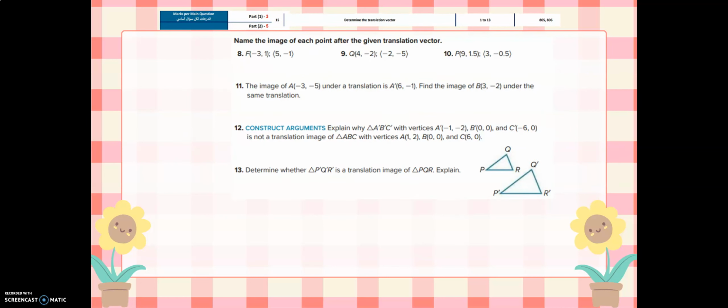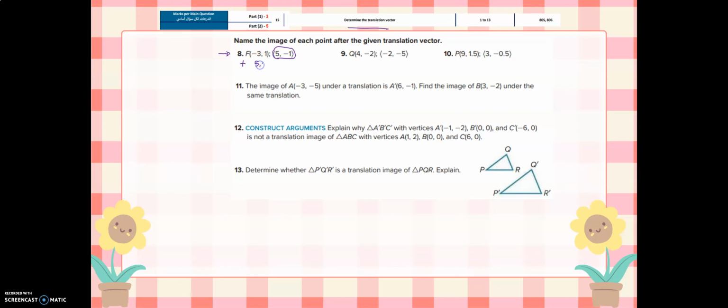topic, which is still determining the translation vector. So for this example, we are asked to name the image of each point after the given translation vector. Okay, so the translation vector here is 5 and -1 for number 8. And the point F is -3 and 1. So if this is what the questions will be like, what you're going to do is to just add the points. Okay, so plus